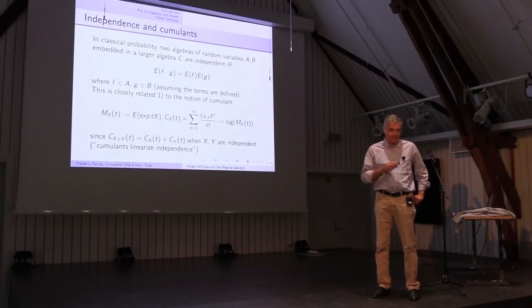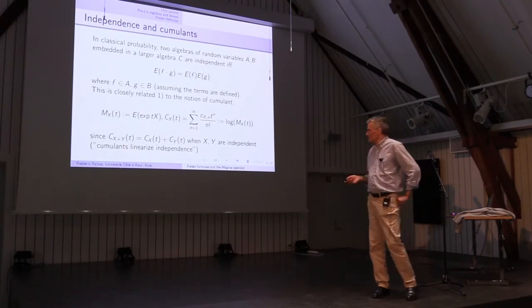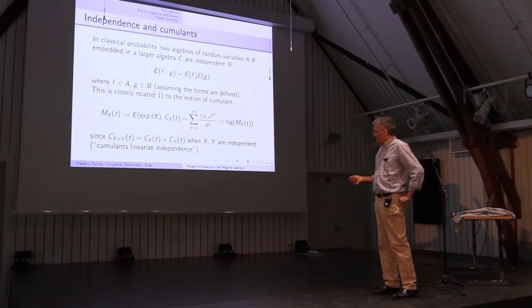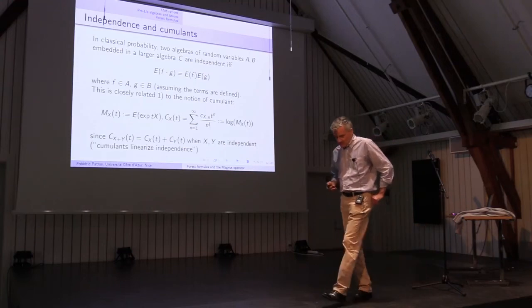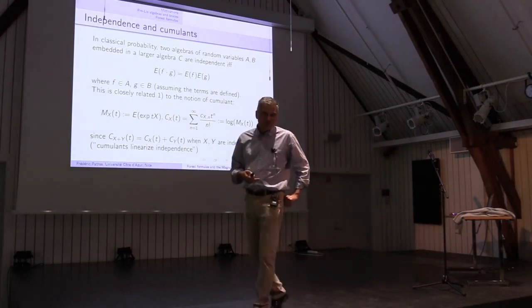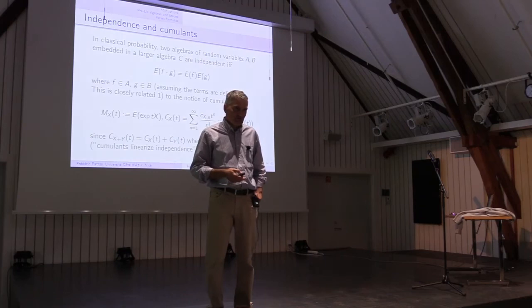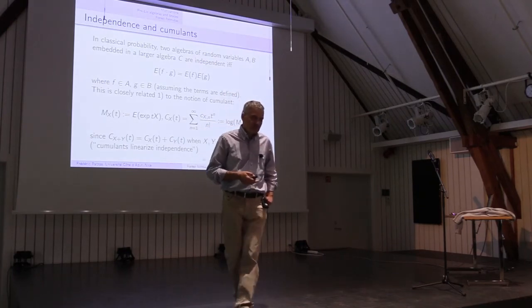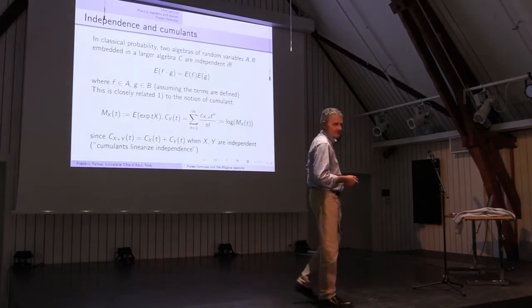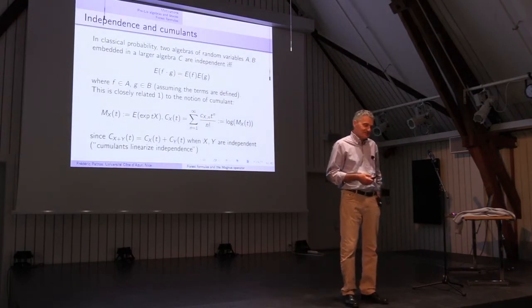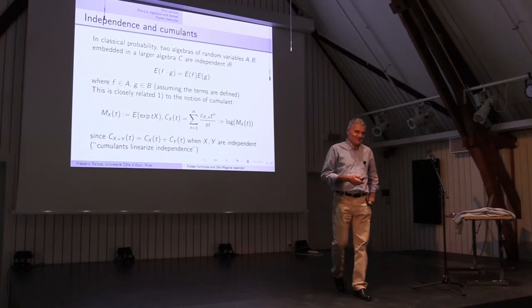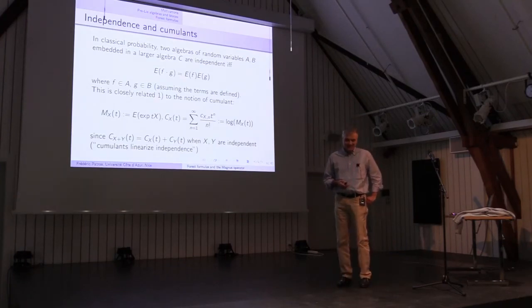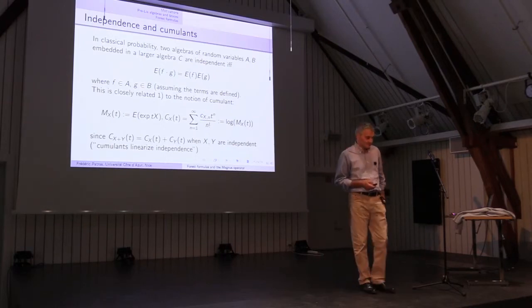Yes, exactly. The idea is that the linear behavior of cumulants is a way to say they behave linearly when you are applying the computation to independent random variables, as it's going to fail otherwise. The English sentence should be: cumulants linear implies independence. Yes, but this is a sort of if and only if. It characterizes independence.